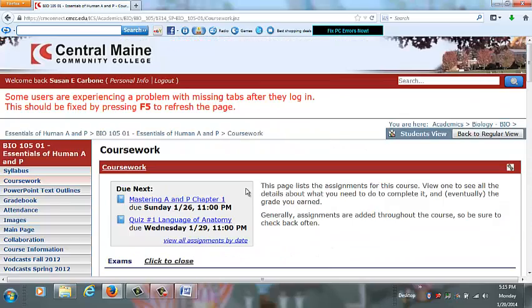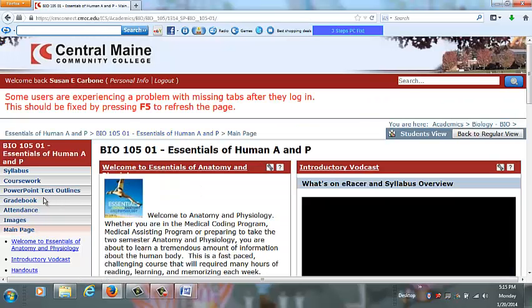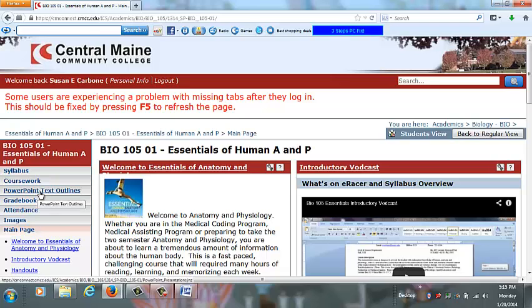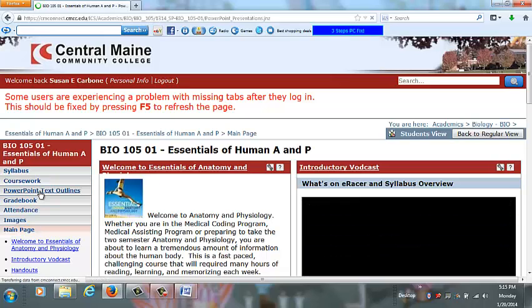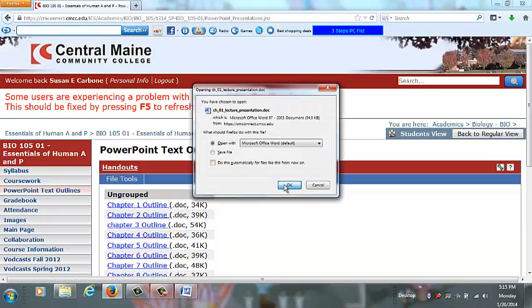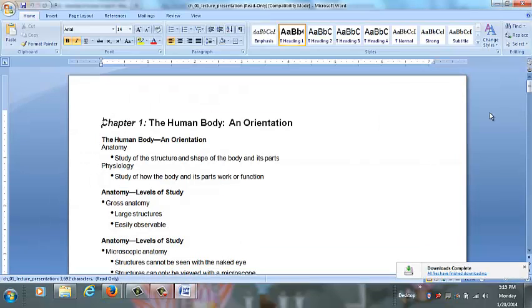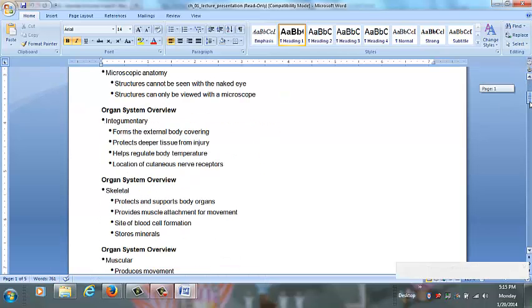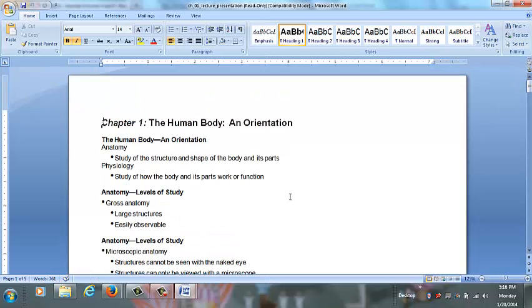Okay, so before coming to class, there are some learning tools that will help you in class. And I give you the text to the PowerPoint outlines. So if you click on the PowerPoint text outlines, let's just go look at what Chapter 1 looks like. We'll open that. And it's basically the text from the slides that I will use during lecture. And so what I recommend is that you print these out before lecture, and you will be able to take notes on them. So you will have put together a very good study guide between reading your book and using these